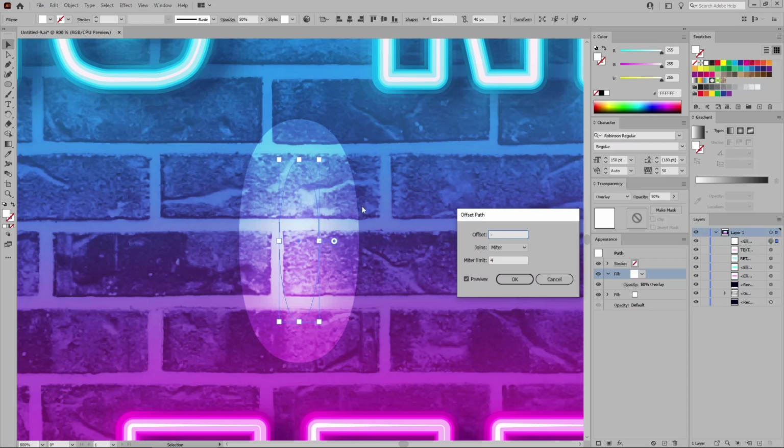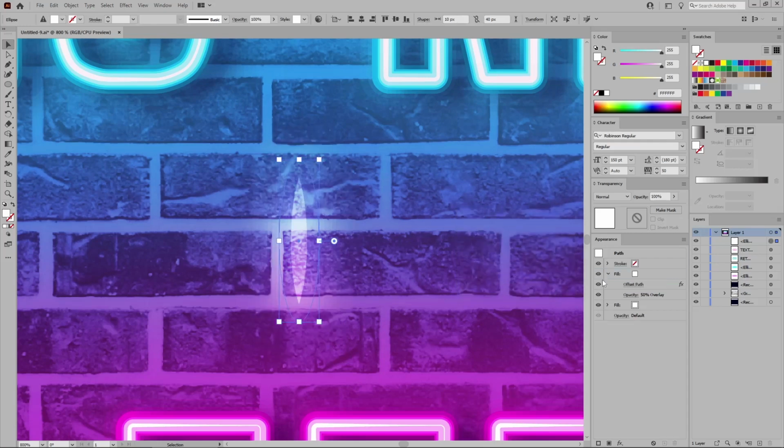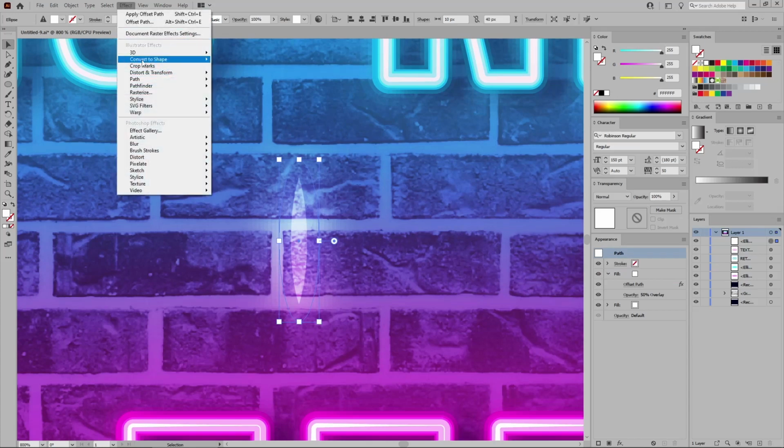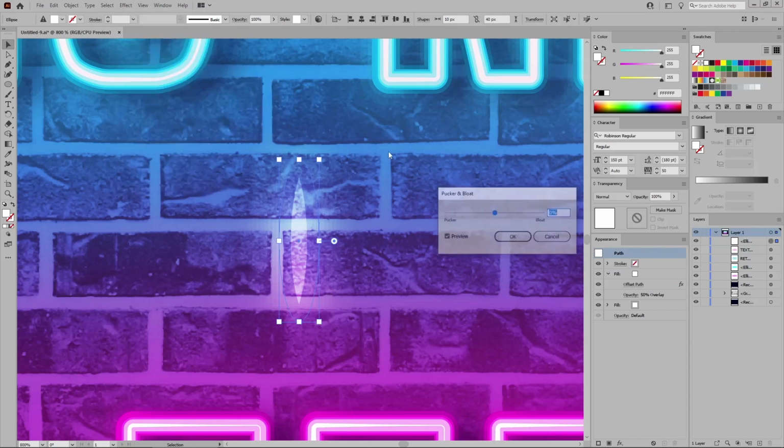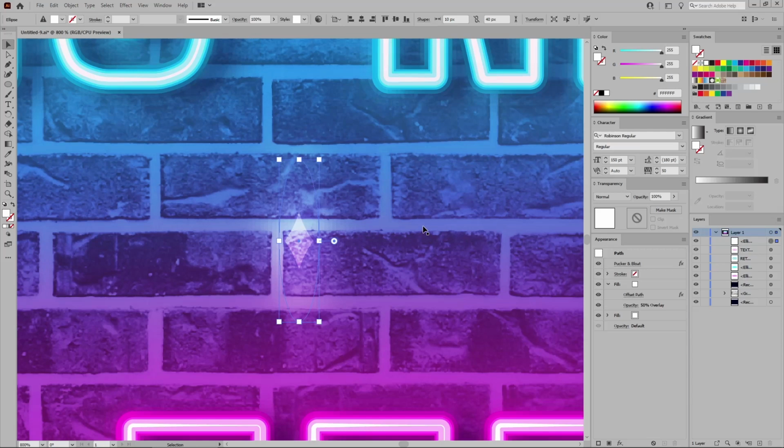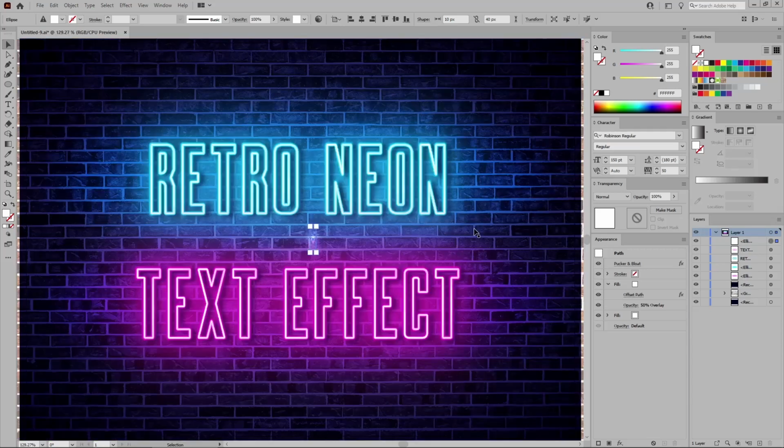Set the offset to -3 pixels, click OK, and then select the entire path and go to Effect, Distort and Transform and Pucker and Bloat. Drag this slider to -50%, click OK to apply this effect, and now you can press Ctrl and 0 to